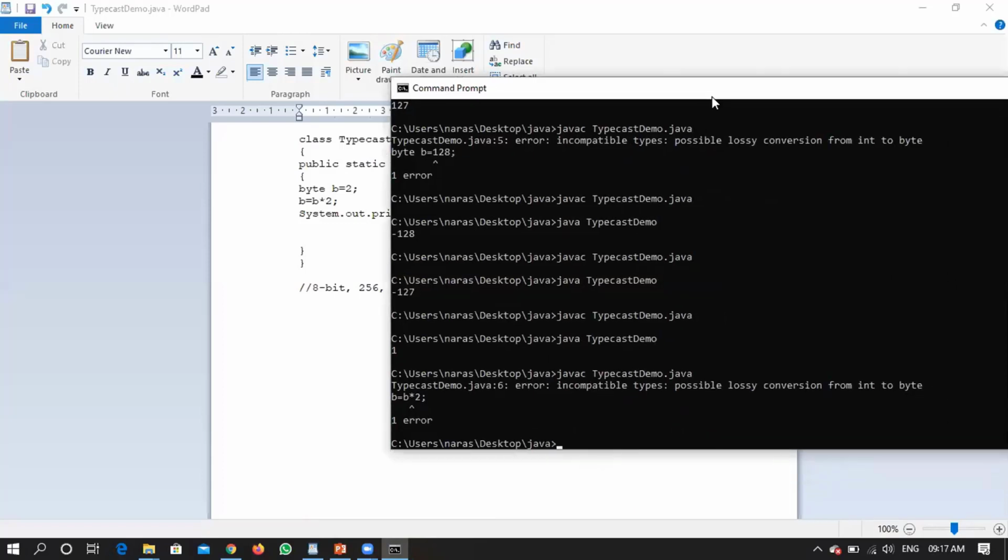What happened? Why is it showing an error? 2 into 2 is 4. Why is this showing an error? Incompatible types, possible lossy conversion from int to byte. Where do we have an int, where do we have a byte?